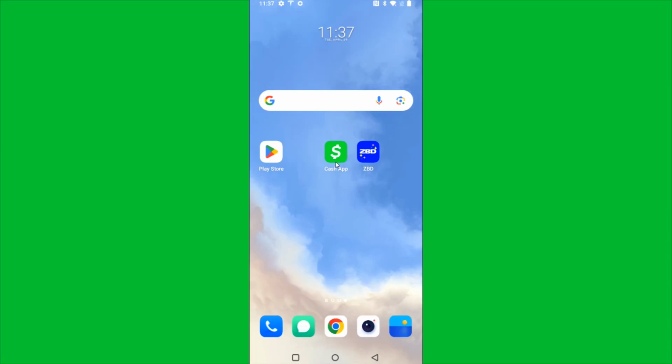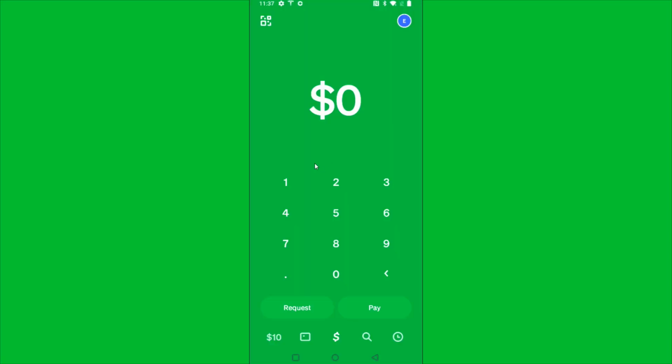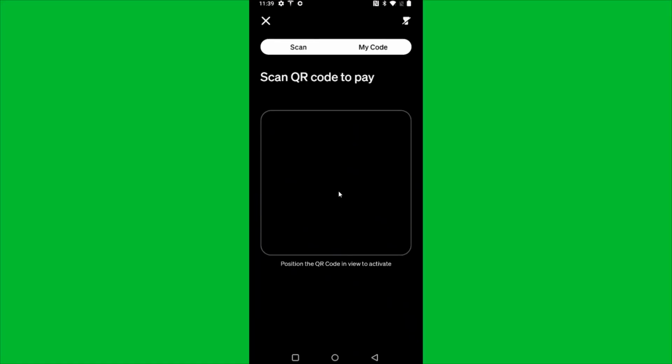So now at this point, we're going to launch Cash App. And to show you an example of this, to scan a QR code, you're going to click on this little QR code option here in the upper left-hand corner. That should open up your camera, and what you want to make sure is that you're selected on the scan